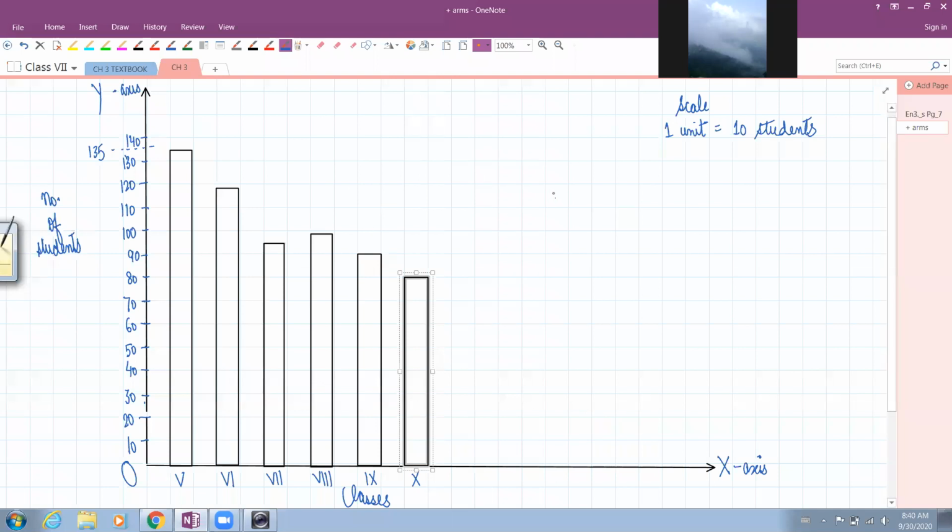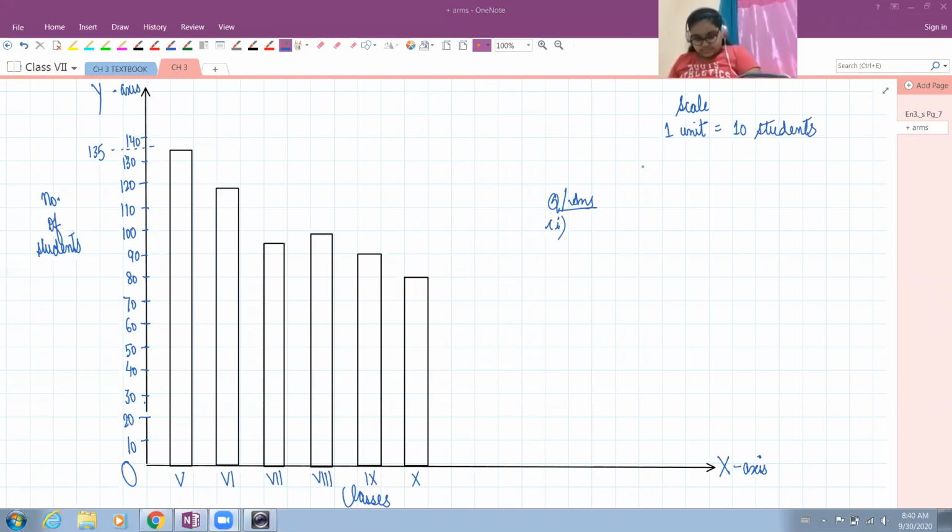So right now I am just going to write down the question answers on the graph sheet itself. So the first part was, how did you choose a scale? So when you want to answer this, how you chose the scale, you are going to simply write down the scale that you have chosen. This is what I had chosen while drawing my graph. This was actually A part, I think. Yes, this was A part. And then B part has two questions further.